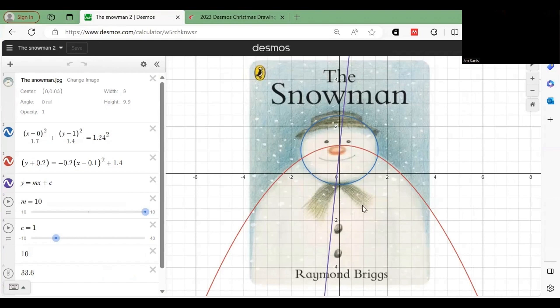Okay, so we have this body curve which will be used for the shoulders, and now we want to add some arms. So what I've got is a y equals mx plus c standard line graph. So we're going to move this. So if we increase c to, there we go, he's got some nice chunky arms. Let's put that to 33,